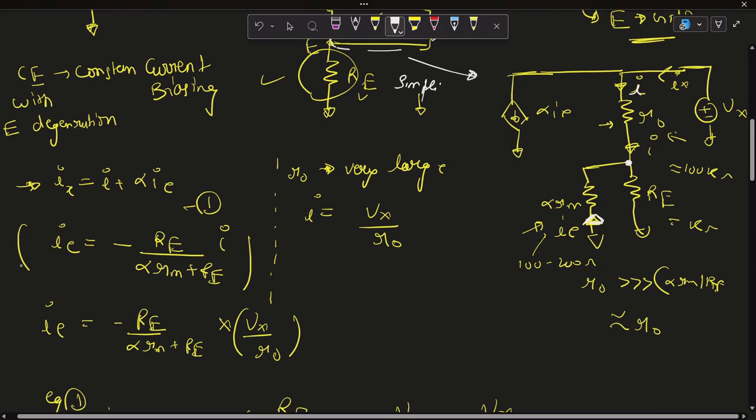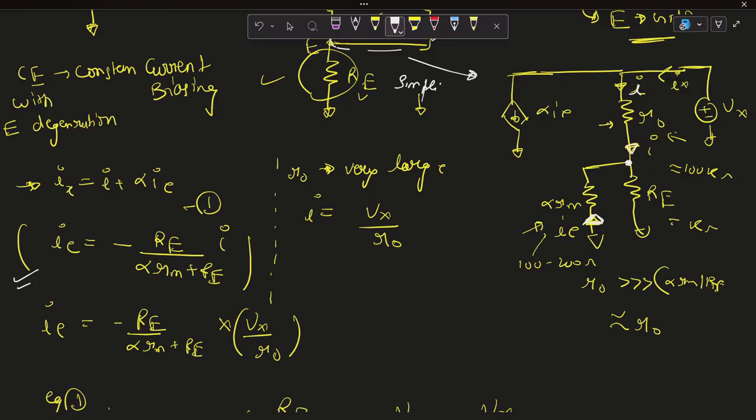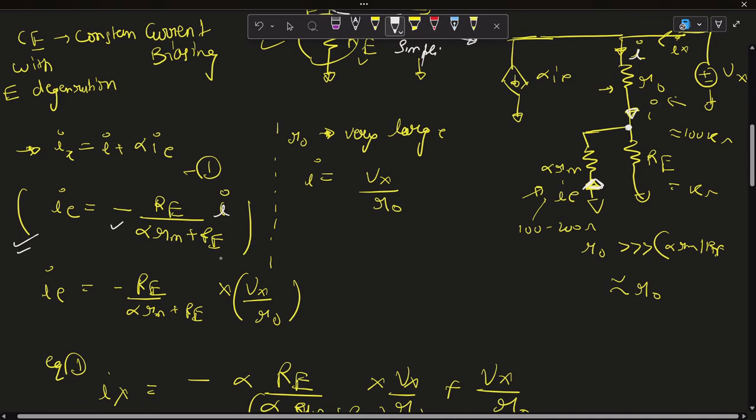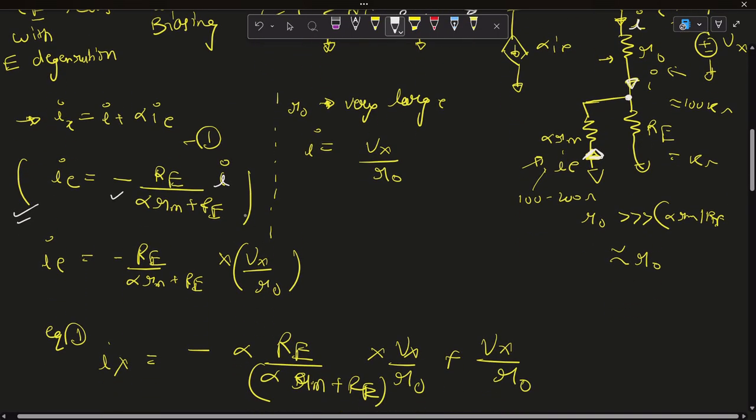So first of all, find the alpha Ie. Alpha Ie is like this. So if this is I current, we use the current divider analogy and find out the Ie current, and Ie is a negative current as this is going from ground to this node, so that's why I put negative, and which is Re, alpha Rm plus Re. This is the simple current divider rule. It is not much difficult. So this is I, and if we put I